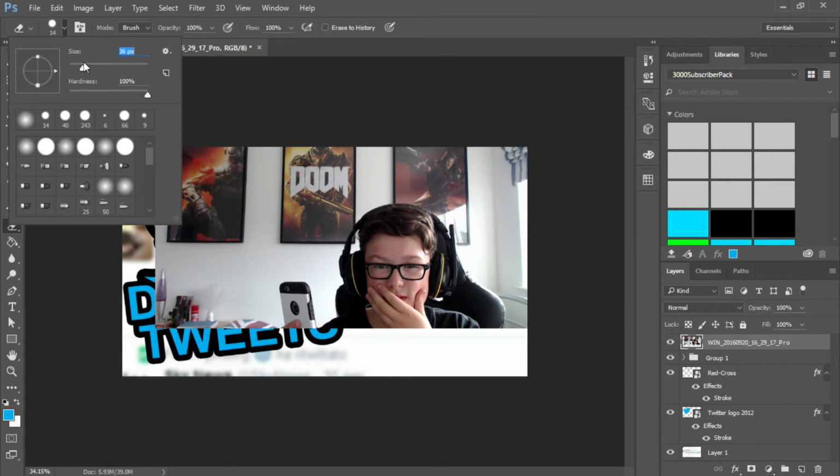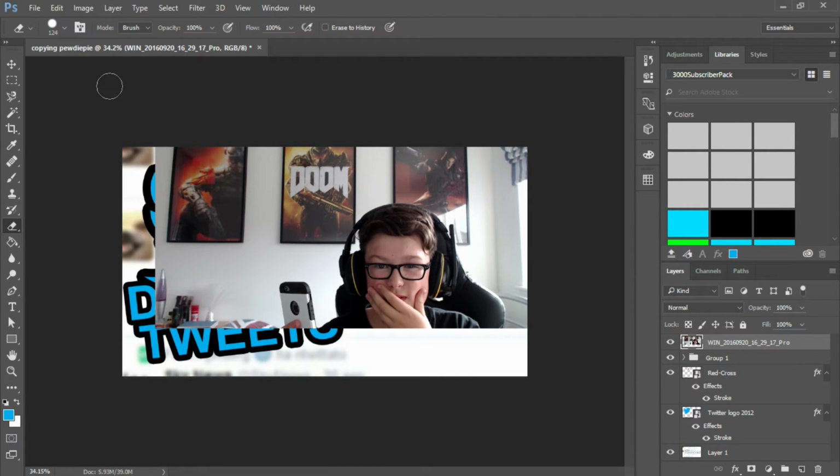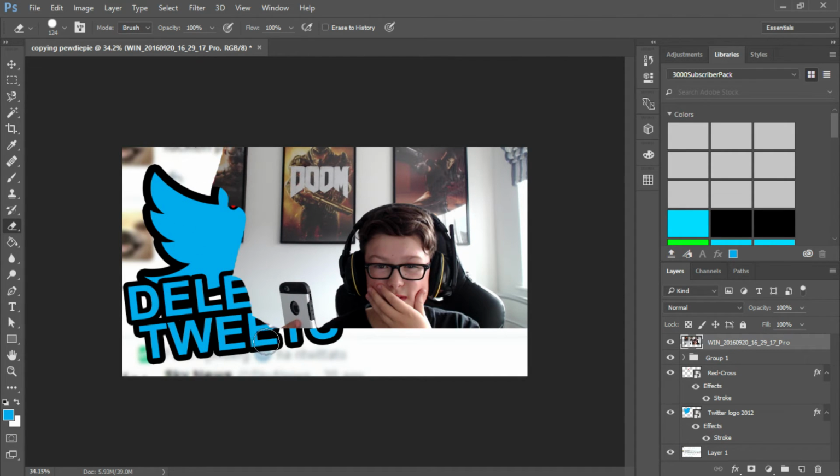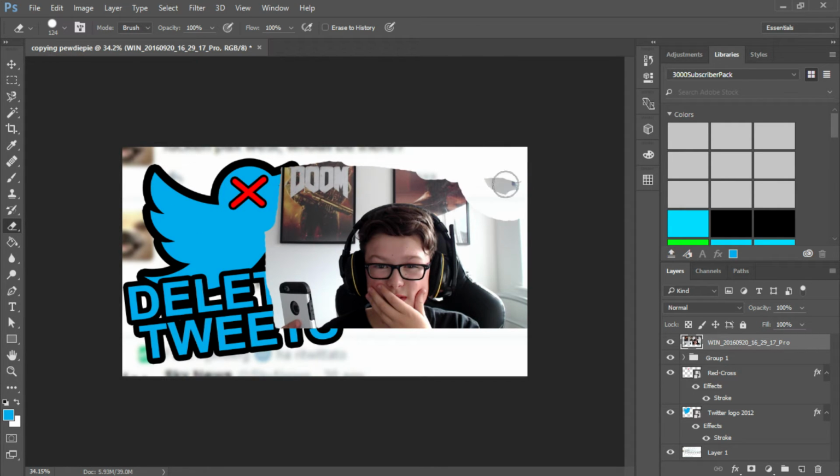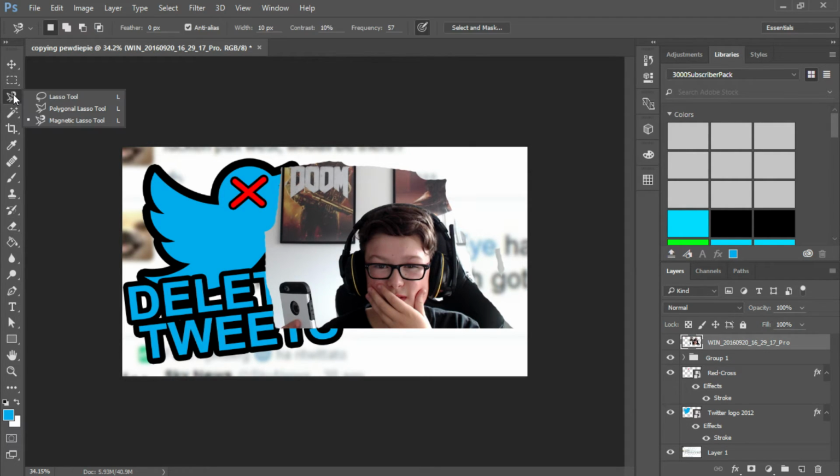We can obviously use the wand tool, but in this case some of the background is the same color as my hair in a way, so it thinks that my hair is the background. But what I'd like to do to get rid of backgrounds is either use the magnetic lasso tool or use the lasso tool yourself,